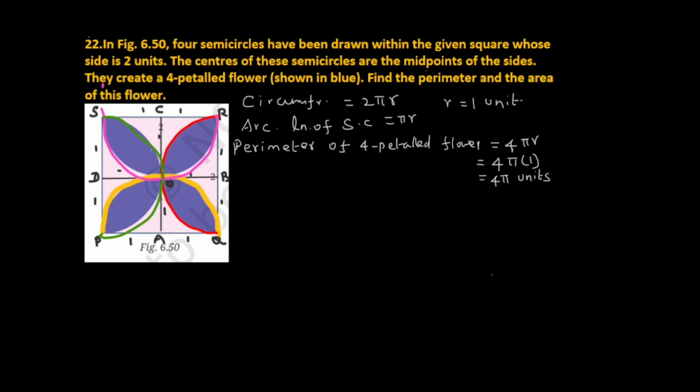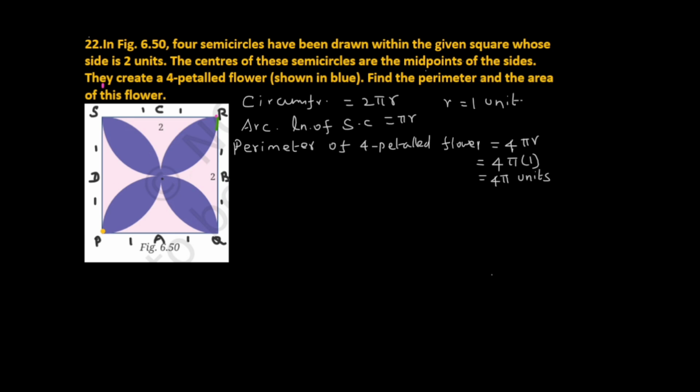Yellow color, one semicircle, red color, another semicircle, pink color, third semicircle, green color, fourth semicircle. So, if we calculate all the lengths, the semicircle arc length is pi r, and 4 times pi r is the perimeter of the flower. Now, to calculate the area,